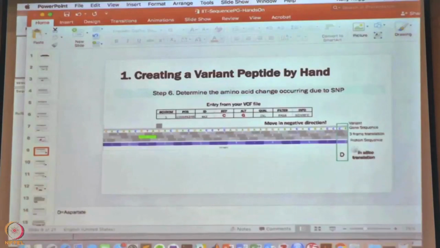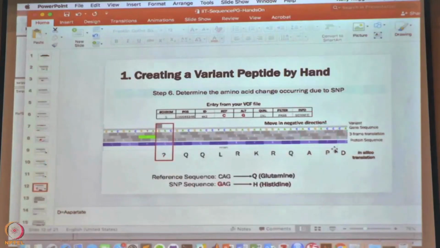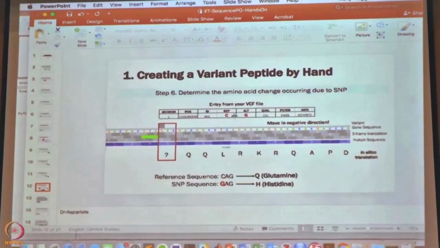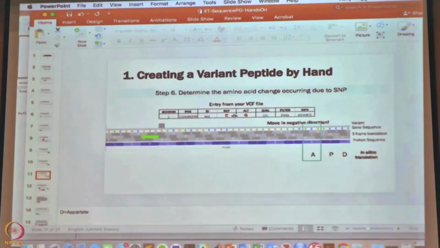So you're going to do an in silico translation. I chose to start at this D. You can choose to start wherever you want to. And you're essentially just going to keep moving until you hit the variant. So you're just going to move in this direction until you hit the variant, and then you figure out what this is going to look like. I already gave you the answer. So just think through it, and then the junction one is a lot harder, so I would rather we work through this now and then